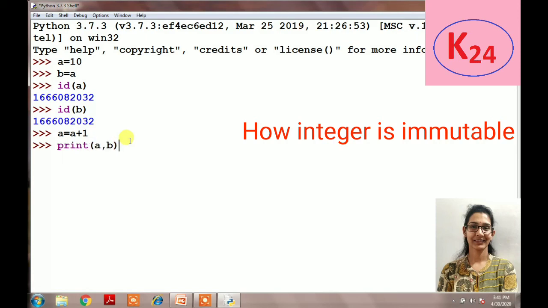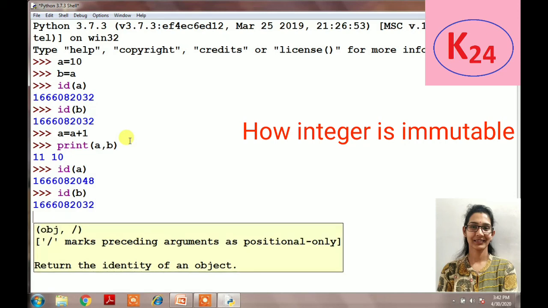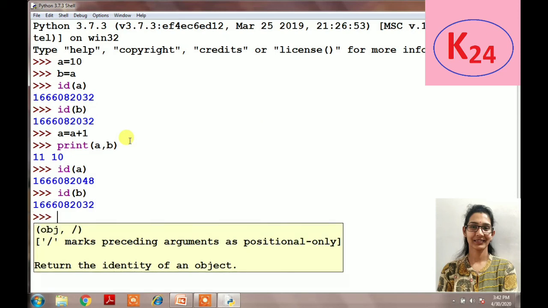Now we will find the id or address of the a and b variables, then it will be different because the value of a is 11 and b is 10. So integer, float and string are immutable because they cannot be changed after they are created.